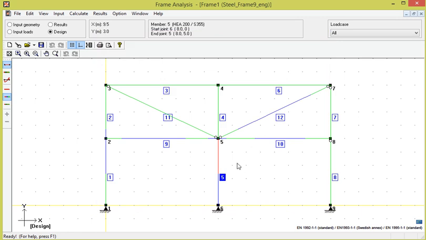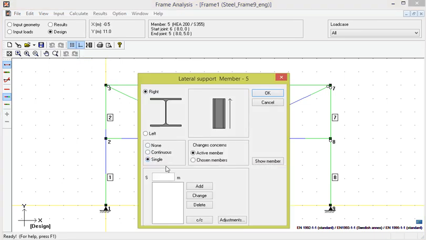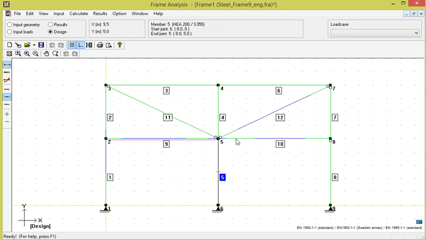We test with a single lateral support for both flanges at the column's midpoint at 2.5 meters. Graphically, this is indicated with a marker at the current point. Then we perform a new design,